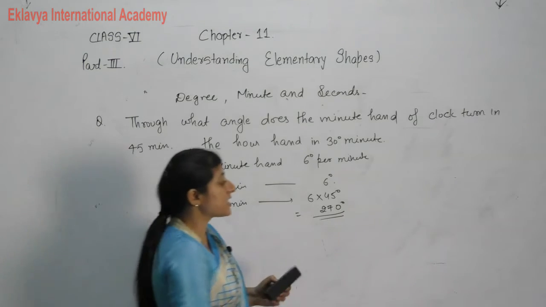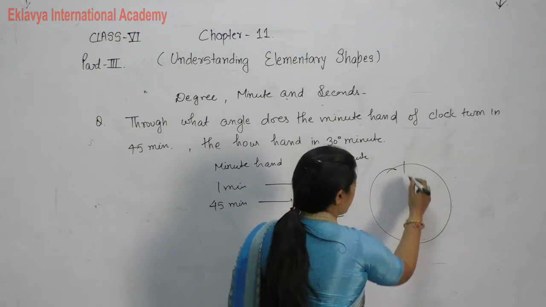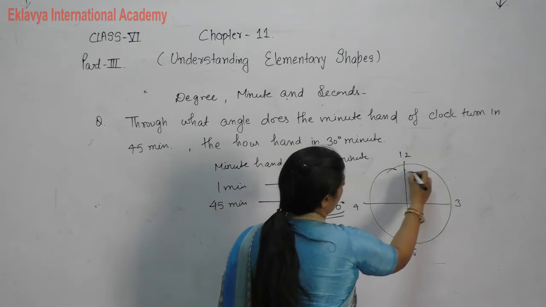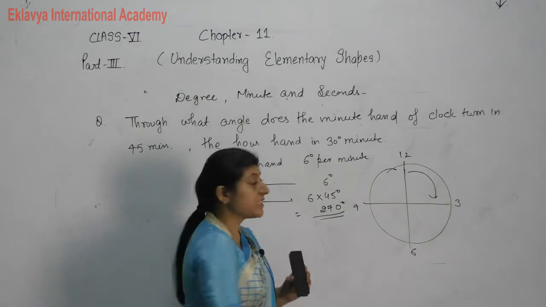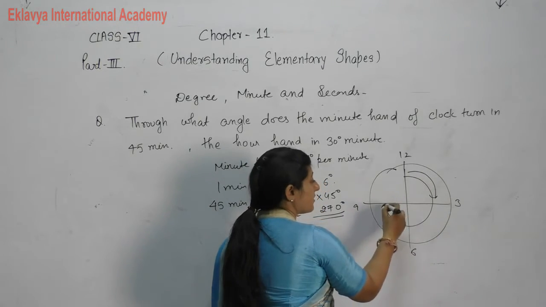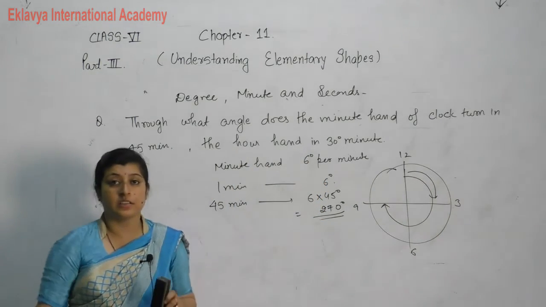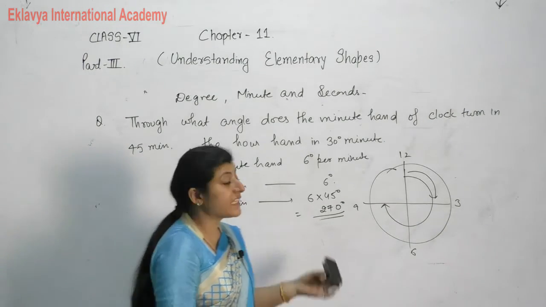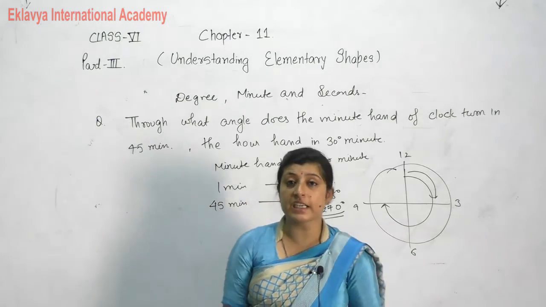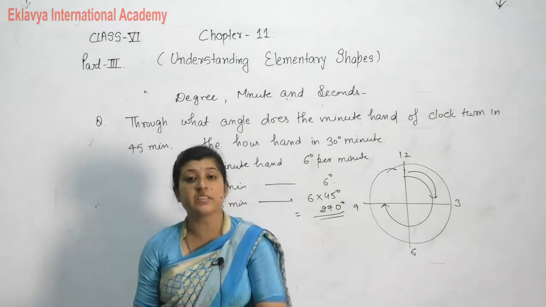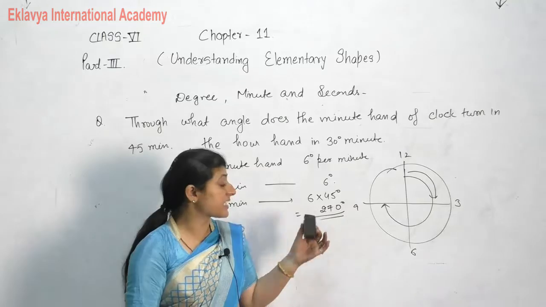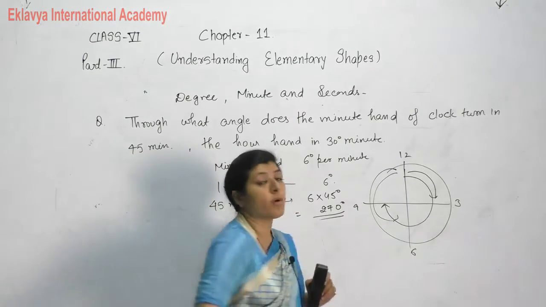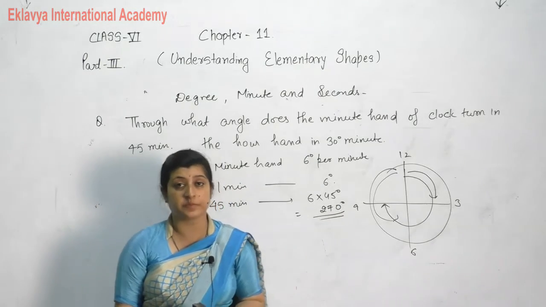This measurement is given in the clockwise direction. It means from this, 270 is here. Or anti-clockwise, or you can say reflex angle. What is the reflex angle? 360 degree minus the given angle. Then you can find out the reflex angle of it. Or you can say this angle becomes in counterclockwise or anti-clockwise direction.